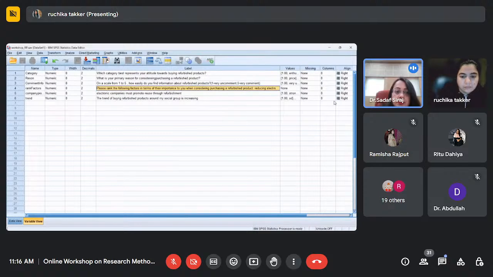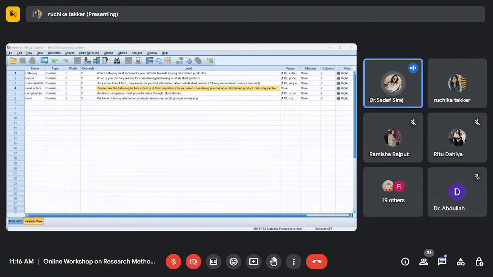Even for you, Ruchika, you would be interested in knowing the target audience for the refurbished product, in terms of gender. It makes a lot of sense to understand which gender is more tilted towards buying refurbished products, and whether knowledge about refurbished products has anything to do with gender. Maybe the male members are more informed about refurbished categories than the female members. I'm just giving a hypothetical example. Or maybe education level or occupation has a bearing, because refurbished products have 2 things: they are cheaper in price, and they are also considered eco-friendly, right?